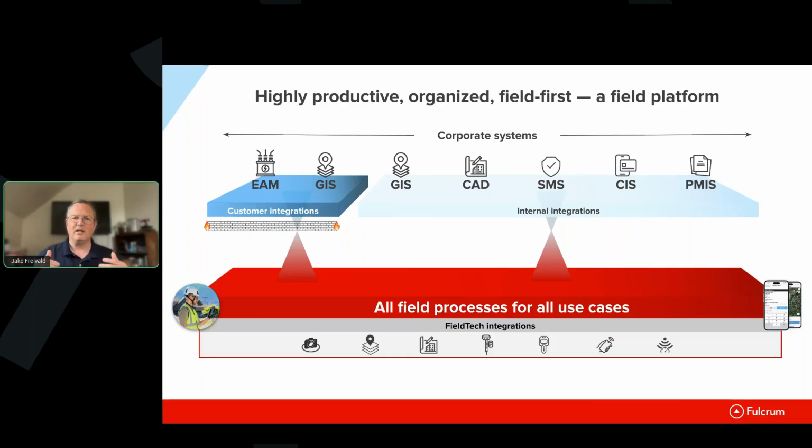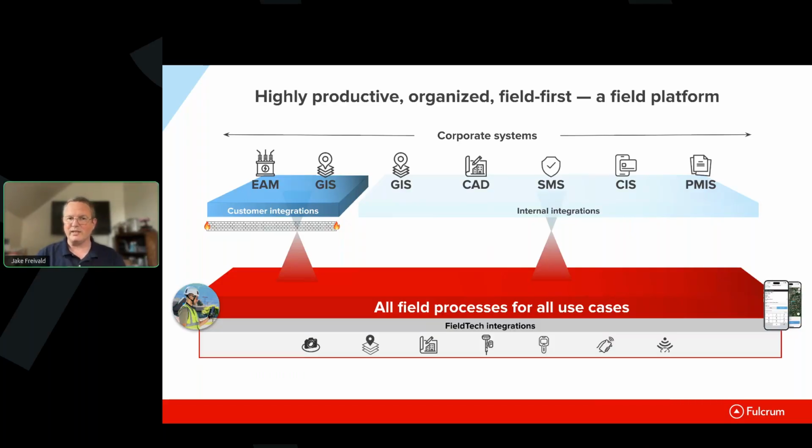Let me anchor that a little bit. There are safety steps that need to happen when you're doing asset management inspections, right? So those safety elements need to be brought to the field worker in a coherent way, and they need to be brought at the time that they need them, before they are actually opening up a pad-mounted transformer or whatever it might be. So those safety steps need to be incorporated into that process. But the safety management system doesn't need to know what the actual inspection or maintenance of that pad-mounted transformer looked like. So the process includes safety, but the safety system doesn't get the rest of the process.